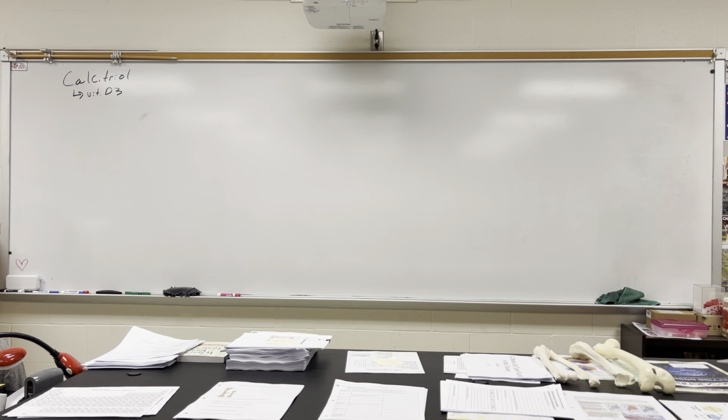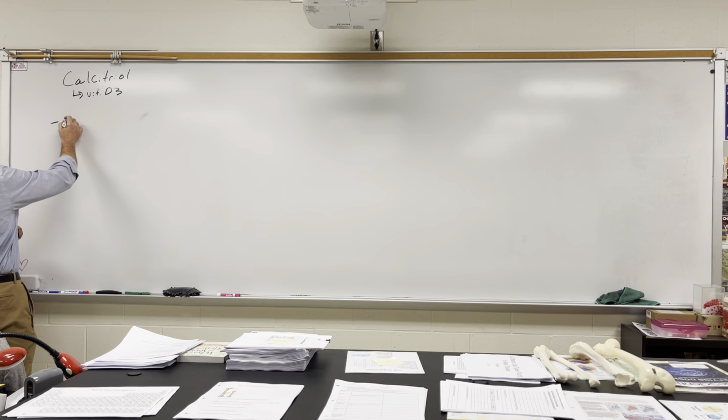But then when we look at regulating calcium, not only is it just the bone tissue, but we have to look at hormones, so that's the endocrine system. Calcitriol begins its synthesis in the skin, as well as the liver, then into the kidneys, and then our digestive system. So there are a lot of tissues involved in calcium homeostasis. So calcitriol, we're going to get